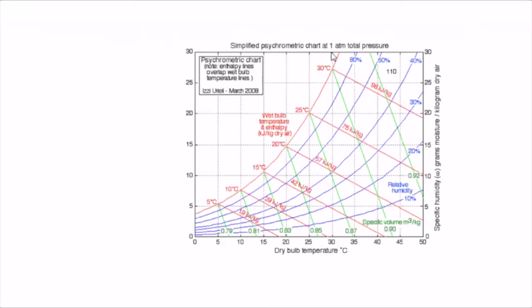As of now, there are many curves and many lines present in it. But for understanding purposes, let us understand only this much. We have dry bulb temperature on the x-axis, specific humidity on the y-axis, and the blue color lines are called relative humidity curves, in terms of percentage. So after understanding these curves, let us understand one by one what this explains by watching a small video. Let me share one video.